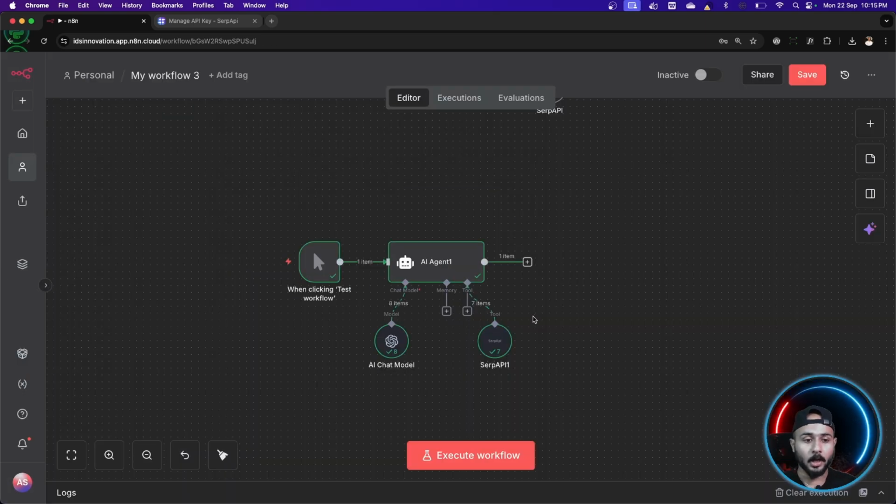Now what's next? I have to process this, I have to make sure that the data which we have generated with the help of AI and SERP API should be usable, right? For further processing. So for that, we have to make sure to convert it into the right format. Now I know a lot of you are not developers. I'm not expecting you guys to know coding or development. So why am I saying this? Because the next node is a code node. But don't you worry, you don't have to understand how it's working. You simply have to copy paste that code if you're working with me.